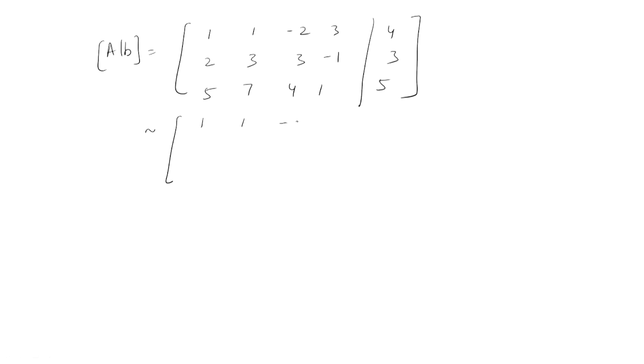You leave the first row as it is. Now, make 0 here with the help of this. So, this minus 2 times this is 0, this minus 2 times this is 1, this minus 2 times this is 7, this minus 2 times this is minus 1 minus 6 is minus 7, this minus 2 times this is 3 minus 12, that is minus 9. This minus 5 times this, so 0, this minus 5 times this is 2, this minus 5 times this is 14, this minus 5 times this, that is 1 minus 15, that is minus 14, and this minus 5 times this is 5 minus 20, is minus 15.